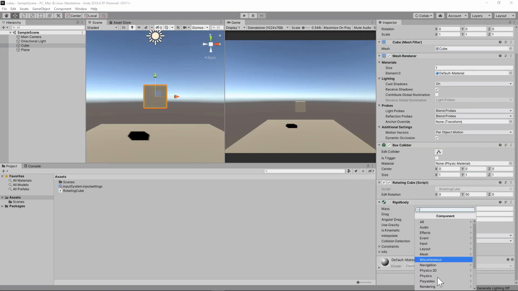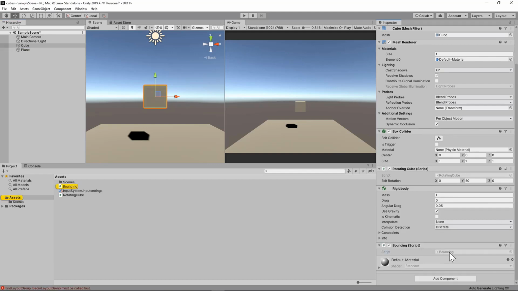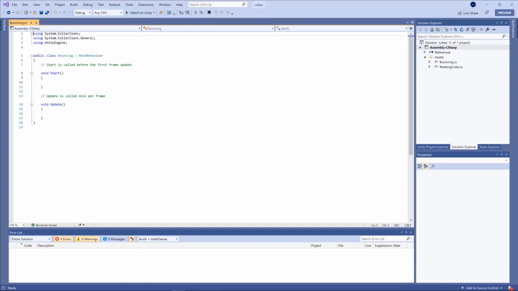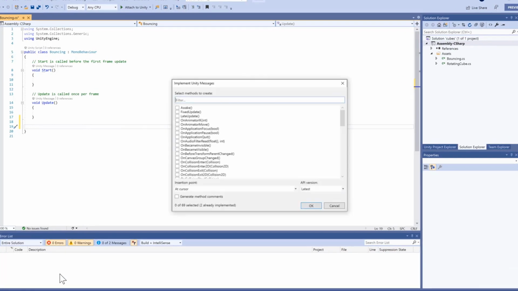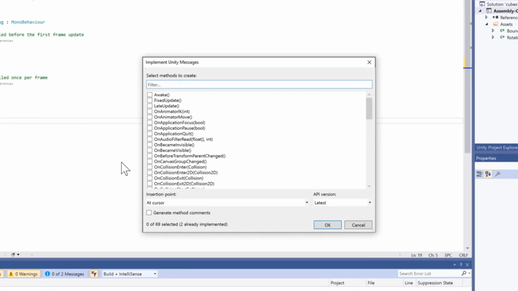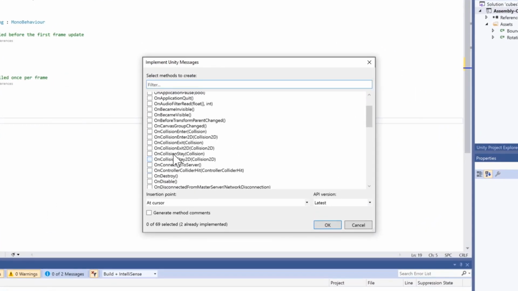Let's go to Add Component, type bouncing, and create a new script. And now let's edit it in Visual Studio. You can right-click anywhere, choose Implement Unity Messages, and search here for OnCollisionEnter.